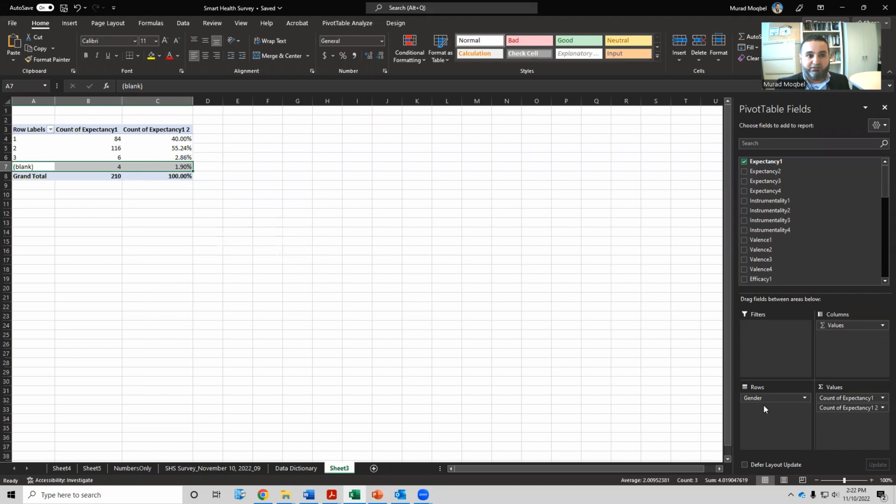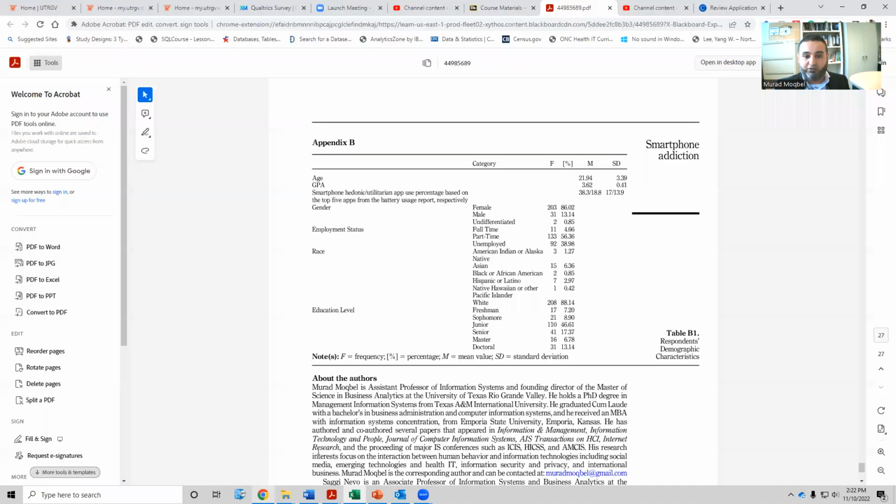That's for gender. So for male, I have 40%, female 55%. Those who said they prefer not to tell, and missing values was this. So you can call those another combination. And this is the percentage, and you can combine those as others, right? In your paper, for example, here, for gender, I have female and undifferentiated, or you can call them here other. Female, you can put